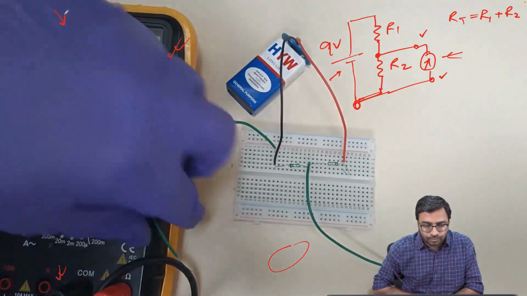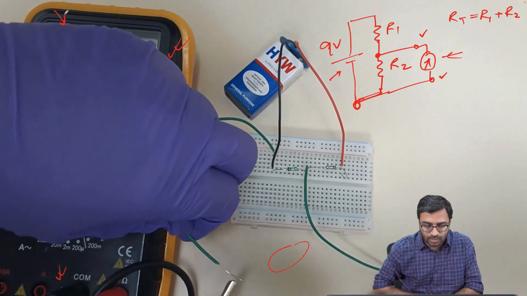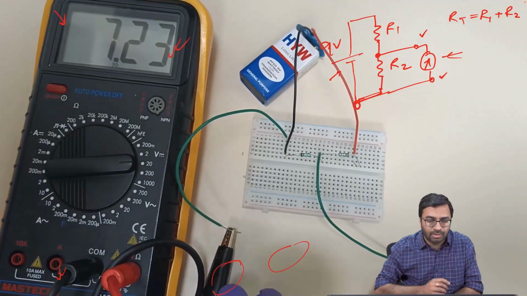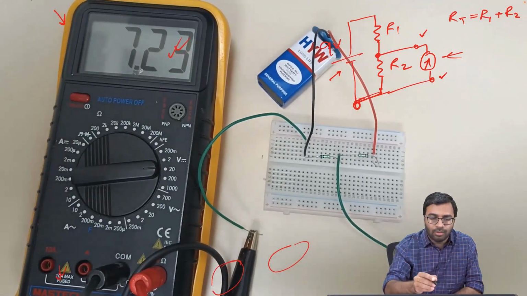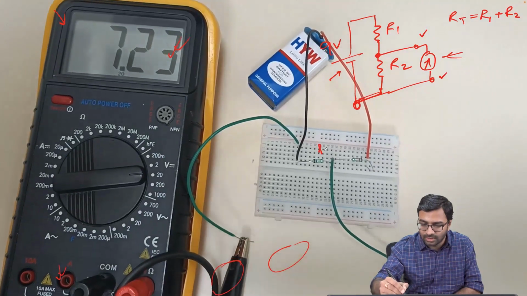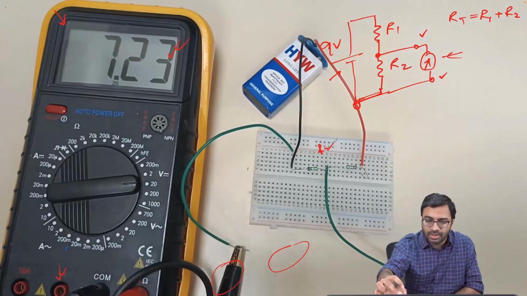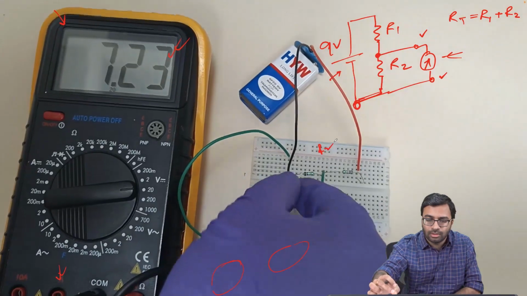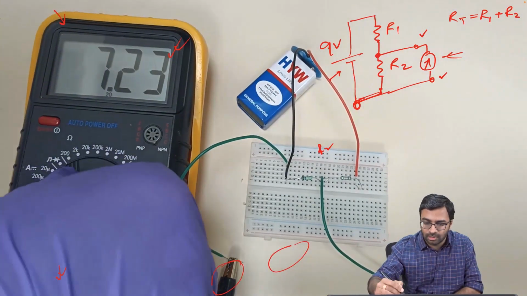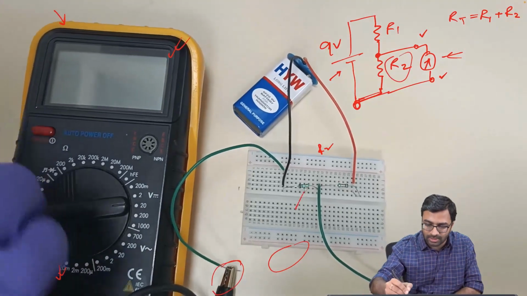Now, just after connecting both the wires with multimeters, you can see that 7.23 is the voltage across R2. Say this is across this resistor, right? Total voltage is 9 volt. Now that voltage is divided between these two resistors. Now the voltage across R2, I mean this resistor, is